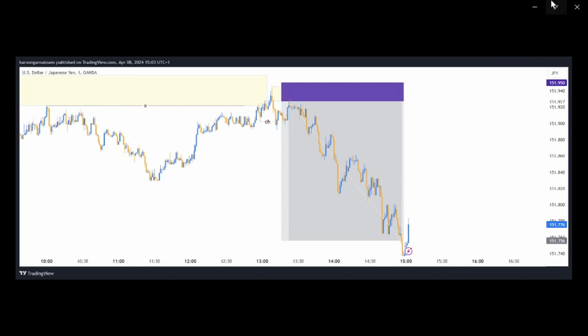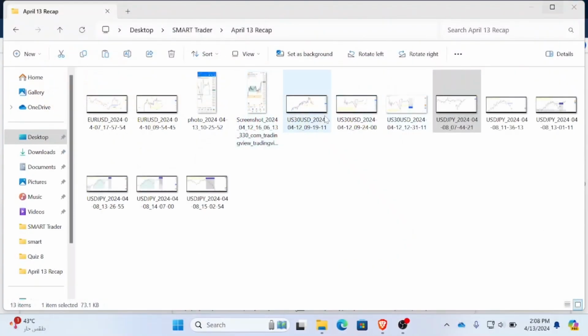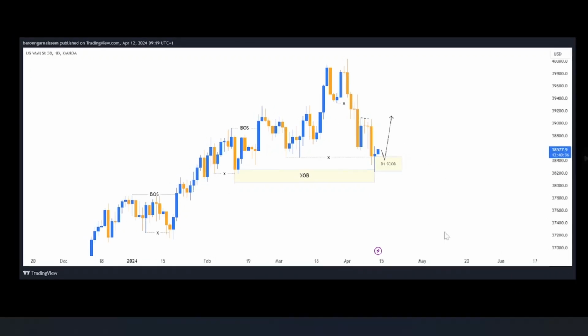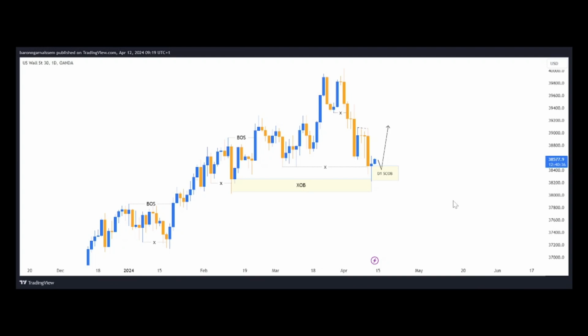And now let's move to our last trade, which was the one I shared yesterday on US30. Okay, so this trade was also purely based on fundamentals, because the big banks of Wall Street were expected to give their quarterly reports. Most of the investors were expecting the reports to be better than expected. And if these reports are better than expected, then all the US indexes will push higher, will go bullish. And this is why I came to this chart and looked for buy opportunities,